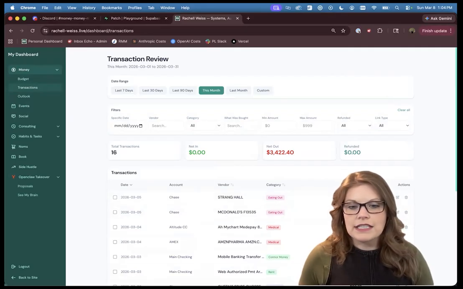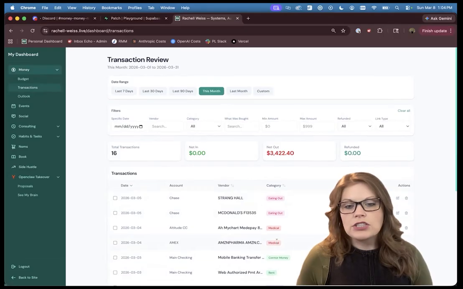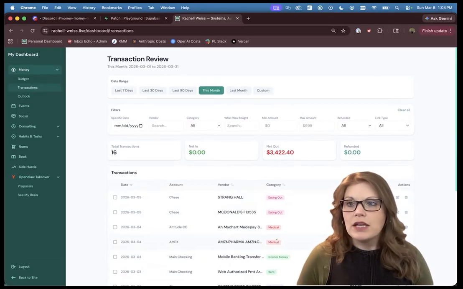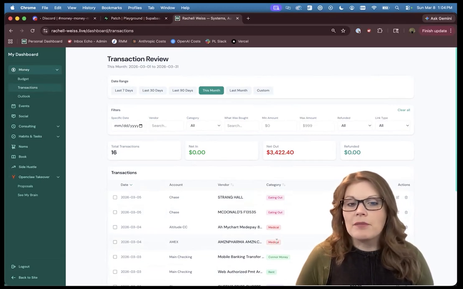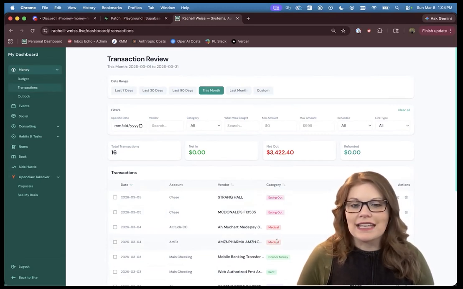All of these here, where I have these tags of categories, she went through and she tagged them. She tagged eating out, she tagged medical, she did all of this. I didn't do this. It was automatically done by Kate, which is super helpful for me because that's something I don't have to think about and I don't have to do. And I am grateful for that. It makes my life a lot easier. So that is one thing that Kate does for me.